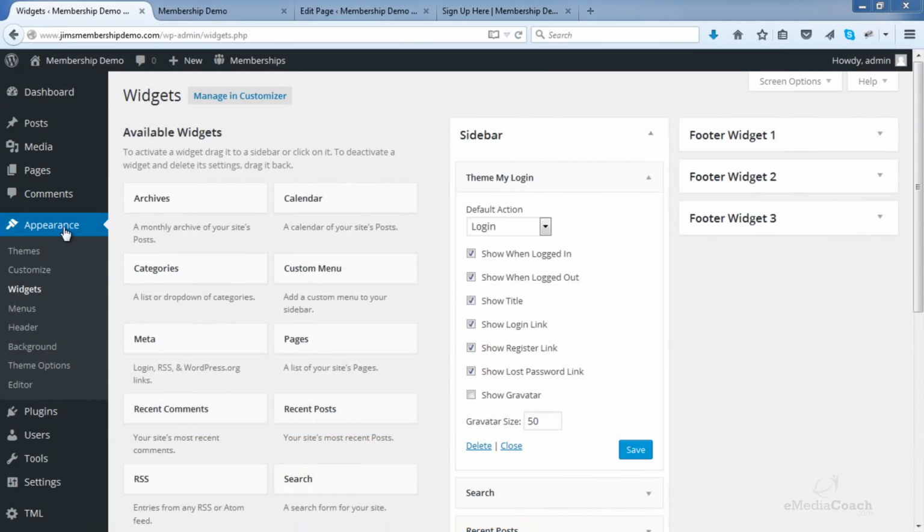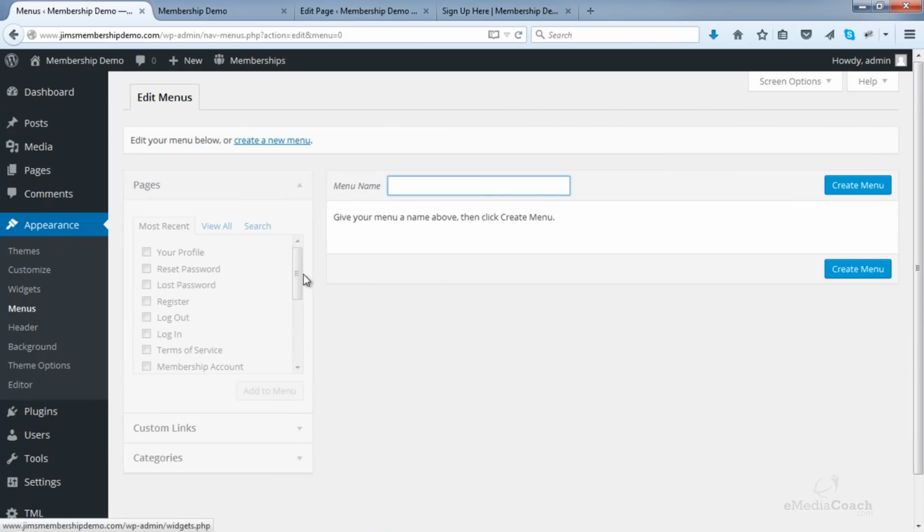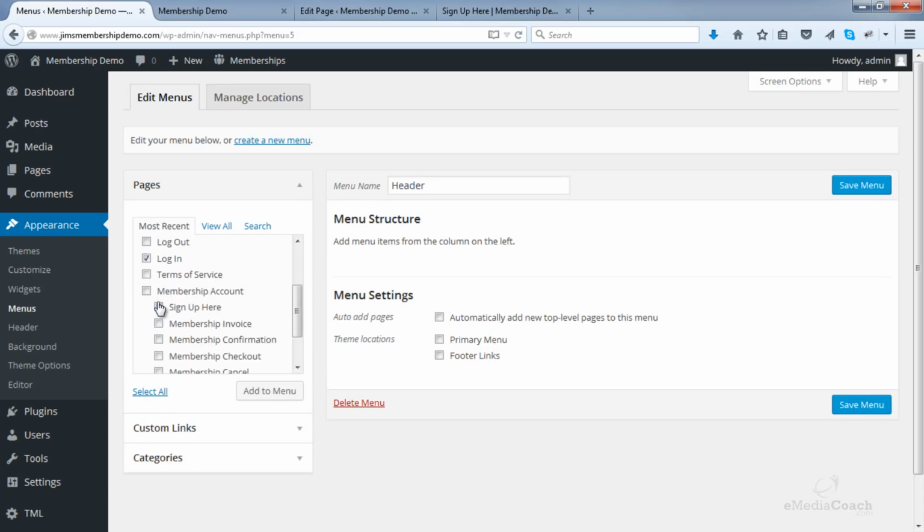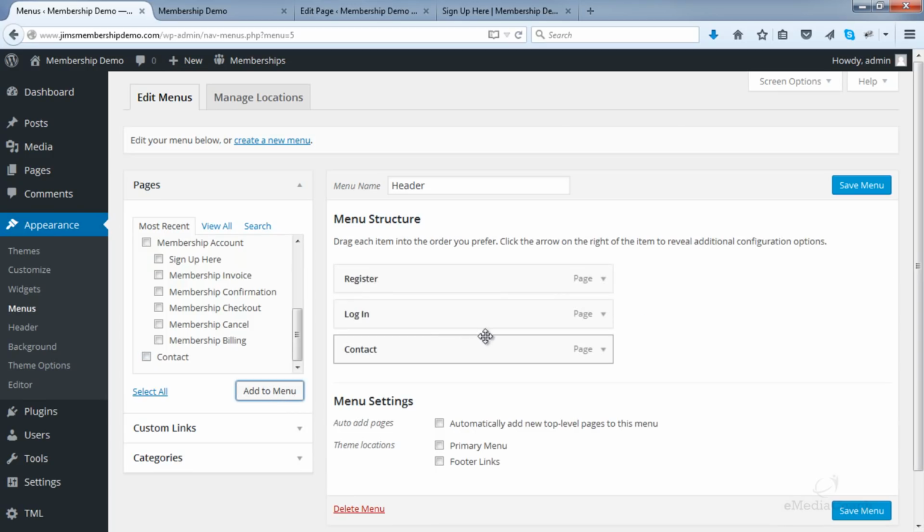Basically, if you go to your dashboard and go to Appearance and Menus, give your new menu a name, so call it your header menu, create. Here you can add any items you want in your main menu. So for example, we already have pages here in our most recent, which include our login, our register, and we can even add a contact page and then click Add to Menu.